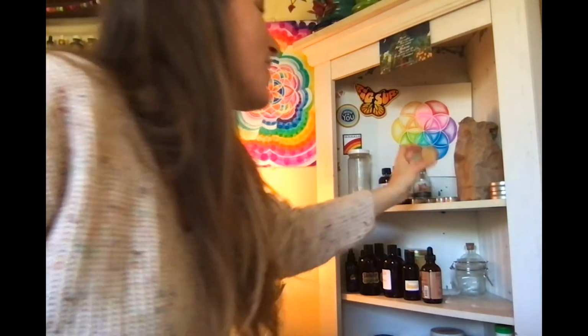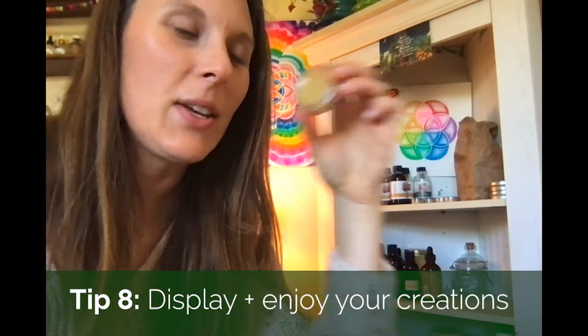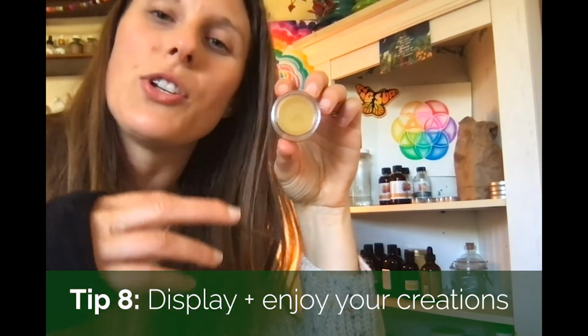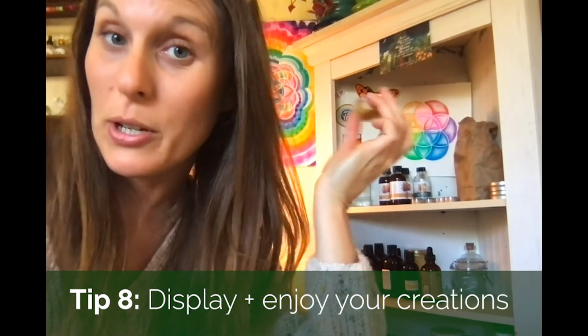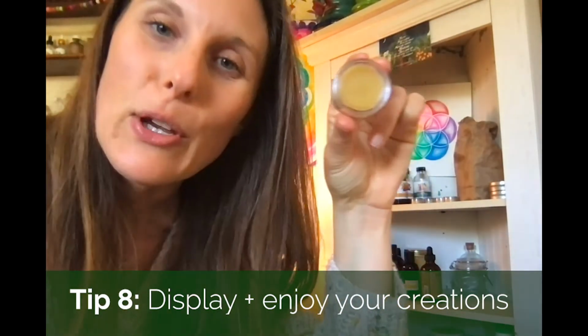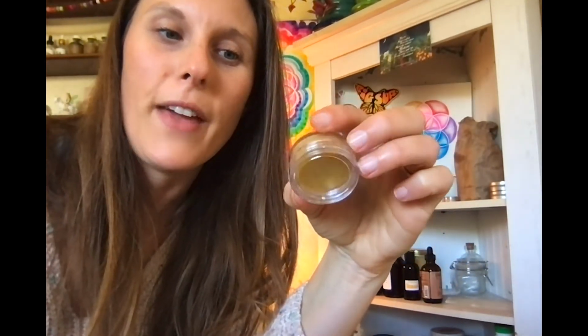And then, okay, so I have these little beauty bombs. I used calendula, which is good for skin tightening. I used chamomile, which is used for smoothing out the skin. And then I used hibiscus, which is, I guess, like the Botox of the flowers, which I learned just through Google education. So I infused calendula, hibiscus, and chamomile into jojoba oil and then mixed it with beeswax to firm it up and make this little, I like to call it a beauty serum, or like a beauty facial